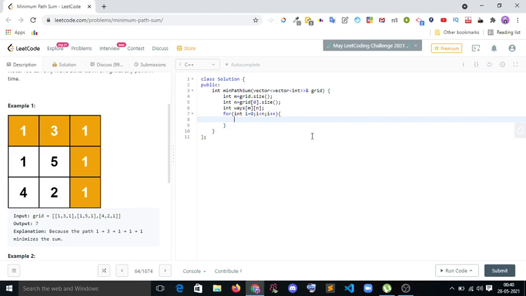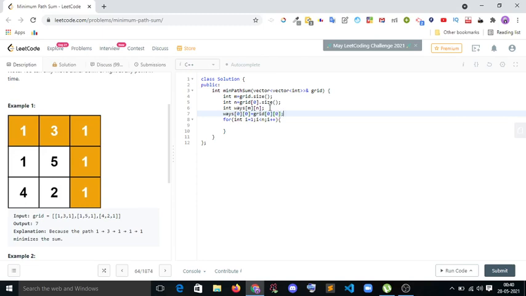It should be i equal to 1, because whenever you find a prefix sum, you need to start with 1, and dp 0 comma 0 should be equal to grid 0 comma 0.